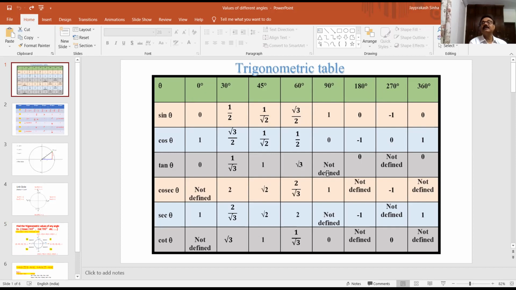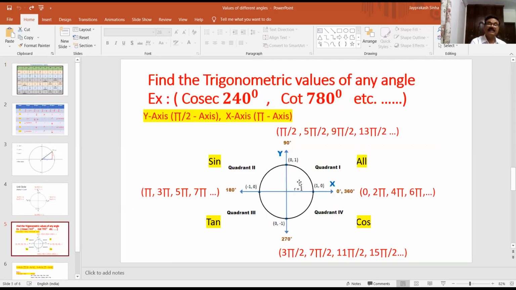And if you have to find the value of 810 degree, then also you can find it. How far is it from 720 degree? 720 degree plus 90 degree. Whatever value you get for 90 degree, you get the same value for 810 degree, because 810 degree is equal to 720 plus 90, means 2 rotations plus 90. After making 2 rotations, you reach the same place. So these are the rules for how to find the values.